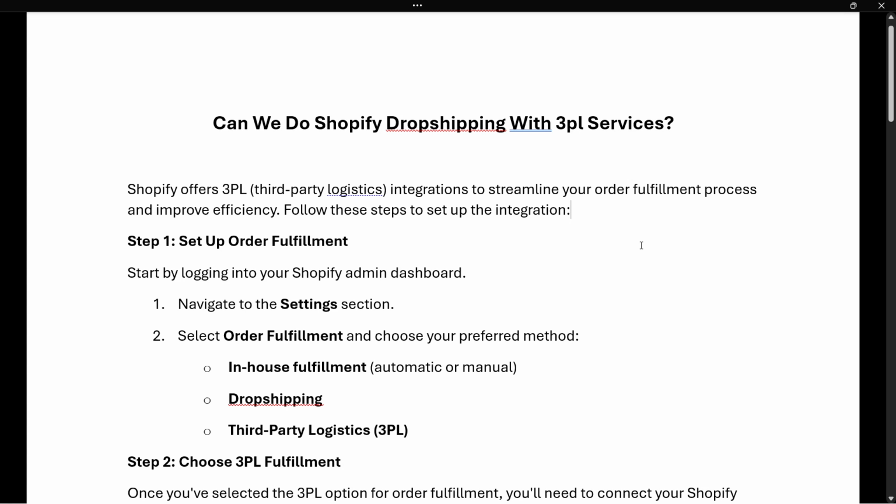In this video, we're going to talk about whether we can do Shopify dropshipping with 3PL services. The first thing I want to say is that Shopify does offer 3PL or third-party logistics integrations to streamline your order fulfillment process and improve efficiency. And I'll show you the steps you must follow to set up this integration and start using your 3PL services